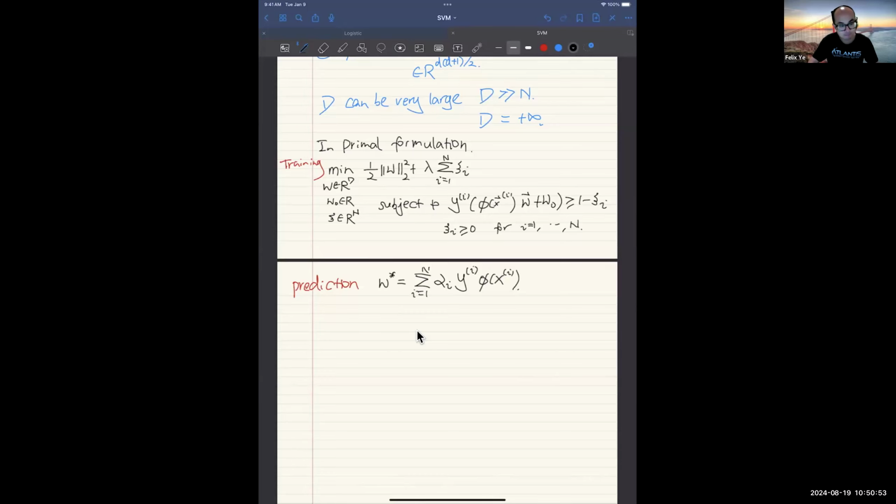And then your y is going to be either +1 or -1, right? So this is +1 if the summation i from 1 to n of alpha i, y_i, phi of x_i transpose phi of x,